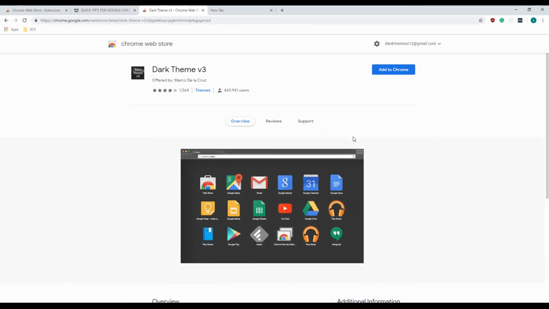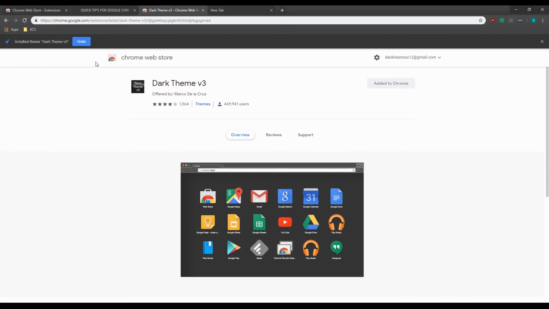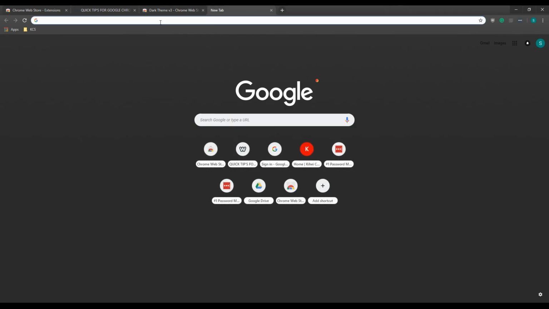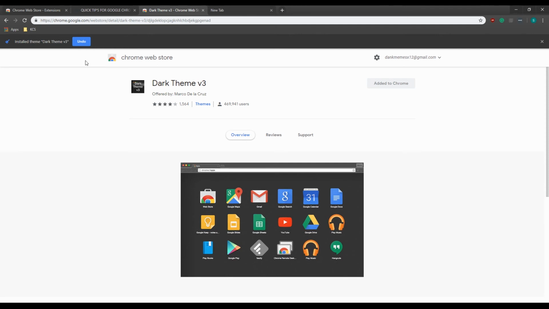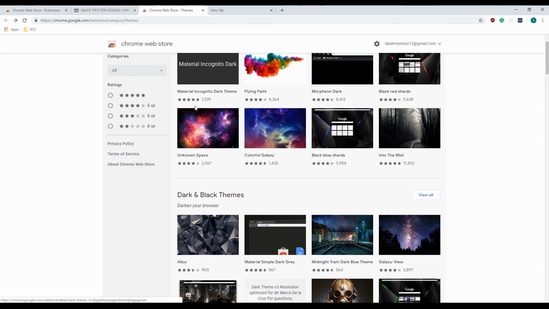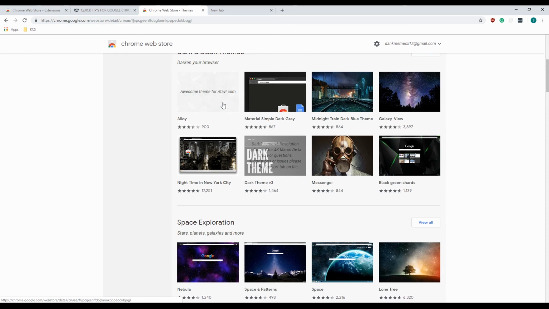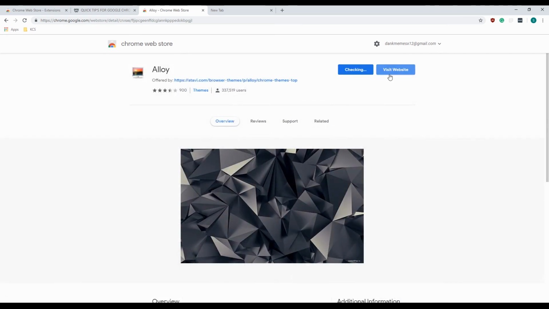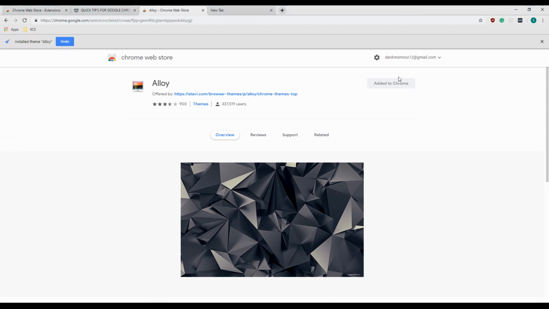By clicking on a theme, you can add it to Chrome just like it's an extension. Once you click on it, it'll automatically download your theme and completely change it like this. So this is kind of like a darker theme, looks more minimalistic. If you don't like a theme, you can click undo and go back to whatever you had before. You can also download different themes like so, and just wait for it to download, add it to Chrome,